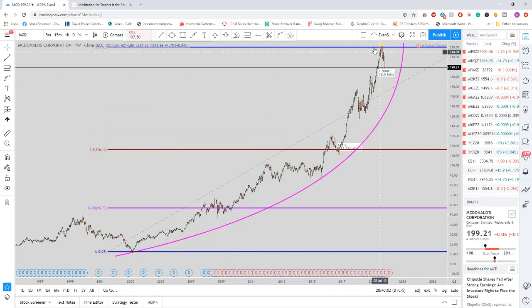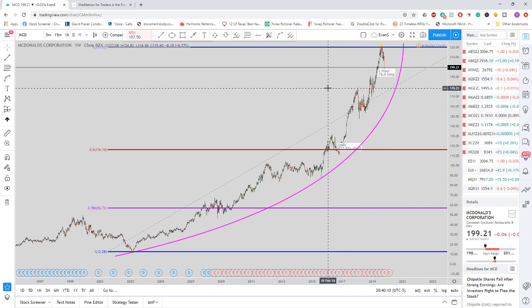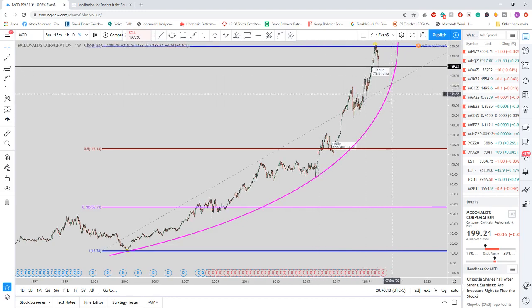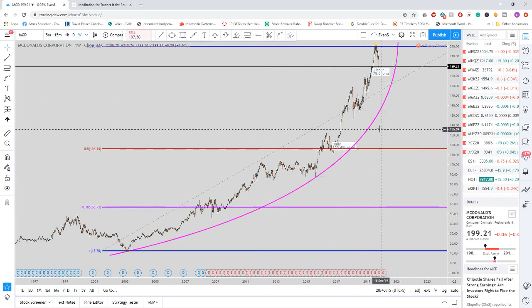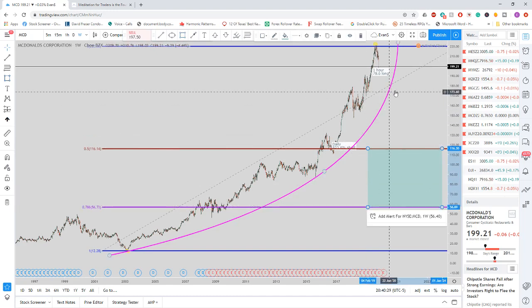So if this high up here holds, which is around $220-ish, something like that, then this parabolic curve break does become valid. But the thing I look for in a parabolic curve is once it gets broken, assuming this is the correct drawing of a parabolic curve, the target we're looking for is the 50% retracement level, and that's the red line down there. I'll draw a little box right here at the red line, down to the 78.6. So when price breaks this parabolic curve, again, assuming the $220 is going to remain as the valid swing high up there, then we're looking for the exit for this parabolic curve to be complete down here